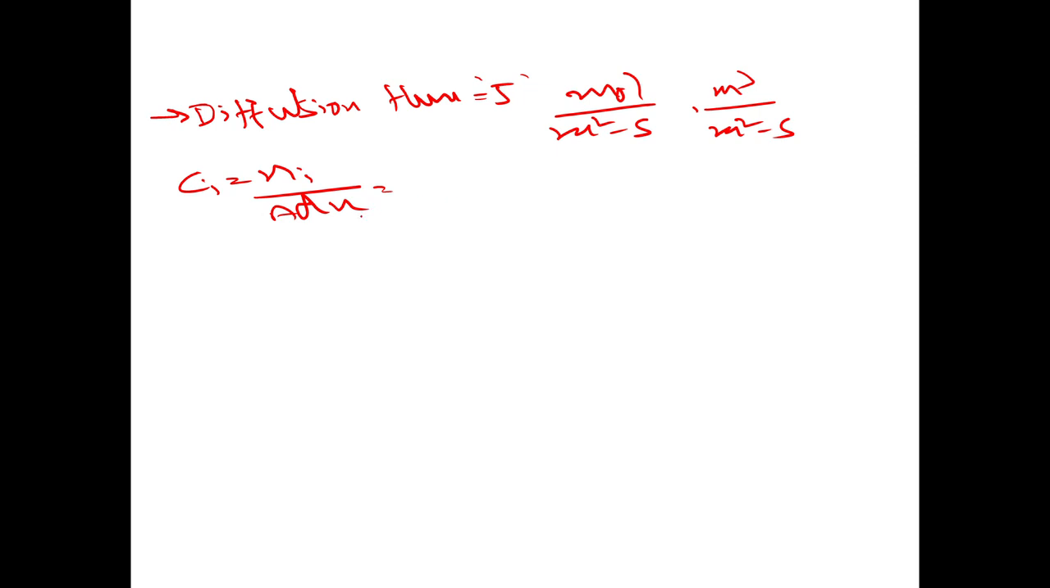Concentration of the ith component, and it is related to the diffusion flux. Flux is equal to the concentration times the velocity of that component, right? Concentration of i times the velocity of i. So in the frame of references,